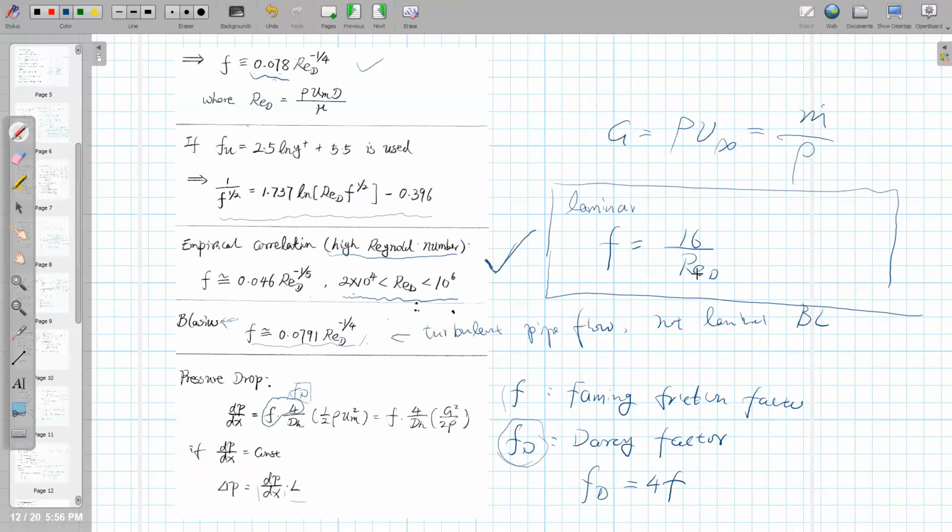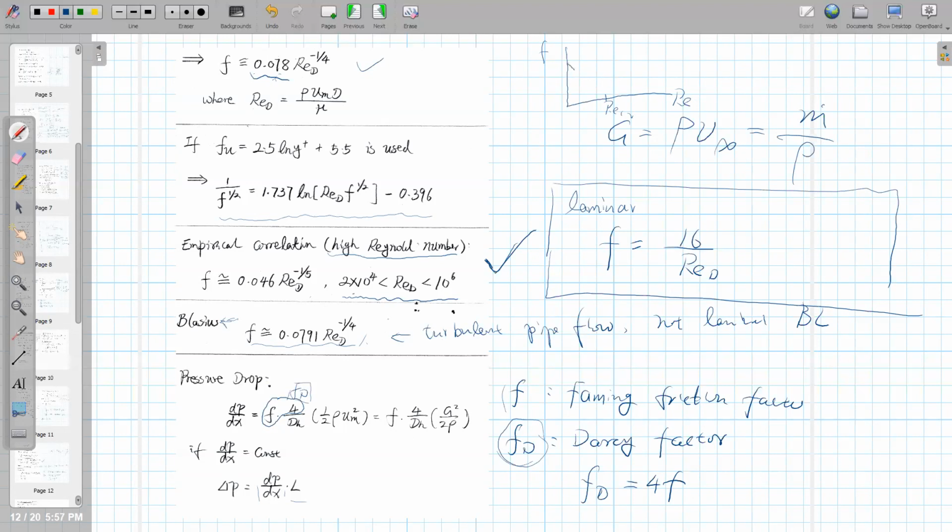Okay, so you can compare this one with either this one or this one. And if you draw a friction factor corresponding to Reynolds number, you can draw it yourself based on this correlation and based on our critical Reynolds number. So if we have this Re_cr here, because this is 16 over Re,